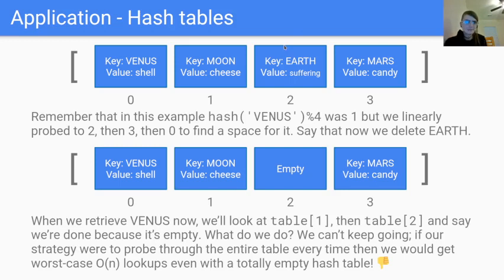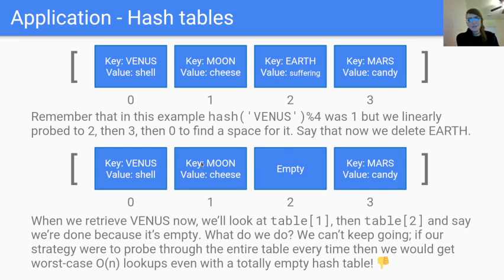Yeah. So in this example, this is the same example as before. The hash of Venus mod 4 was 1. We wanted to insert it at 1. But we had to probe across to 2 and 3 and ultimately to 0 in order to find an empty space for it. Say we delete the Earth now. We relieve humanity of its suffering. We're astrophysicists and we just want to wipe out human life. Now we've deleted Earth and